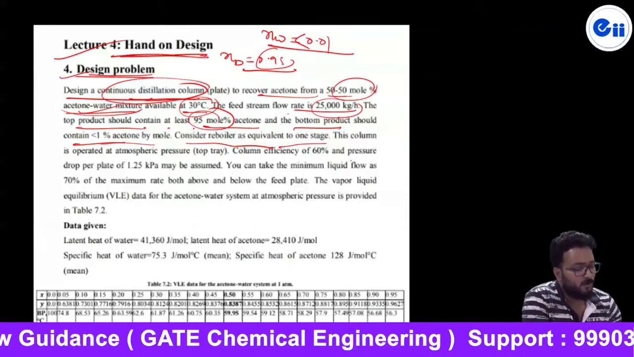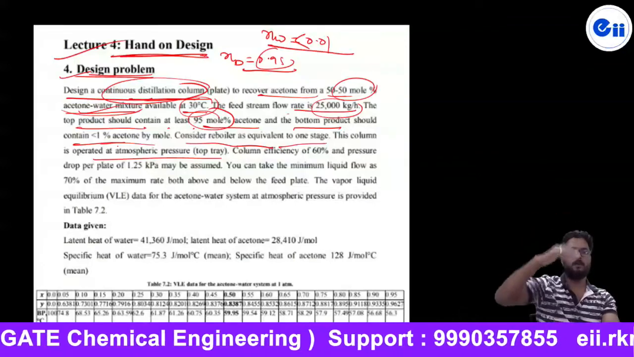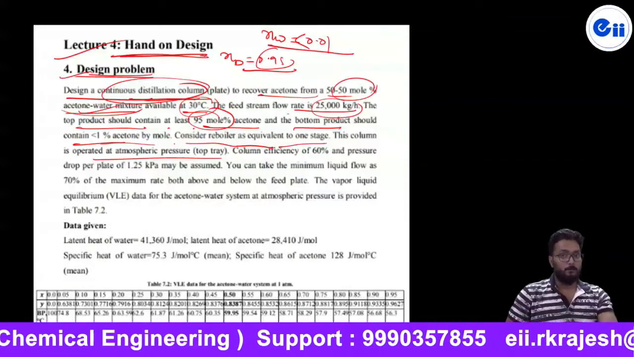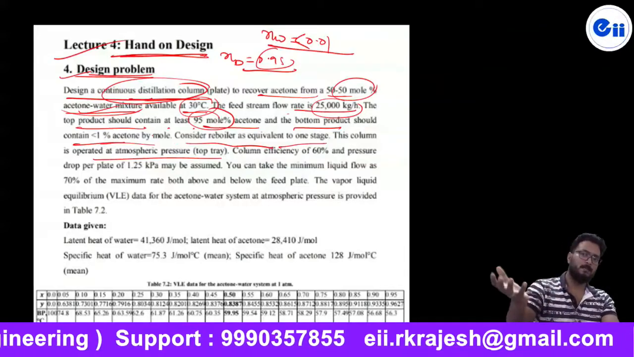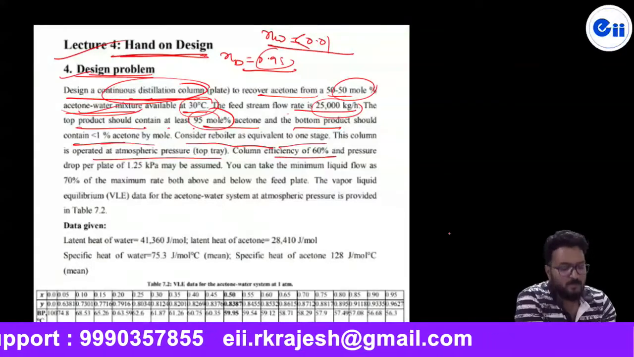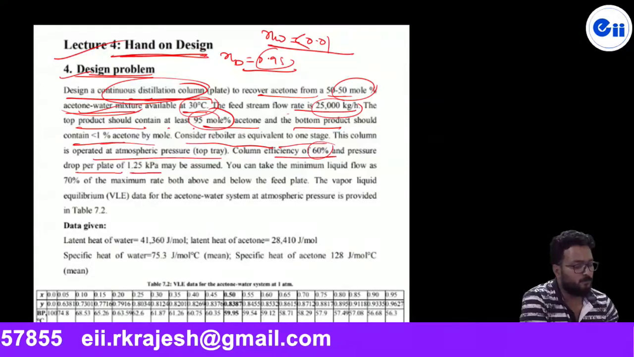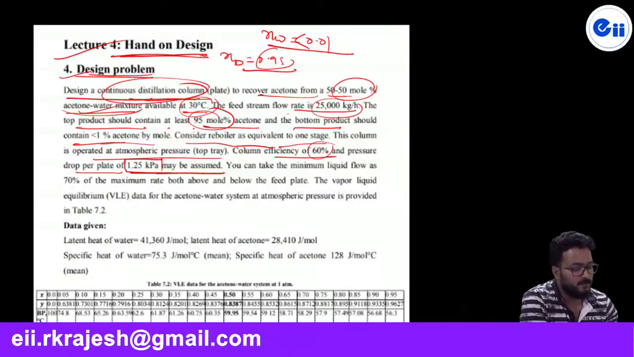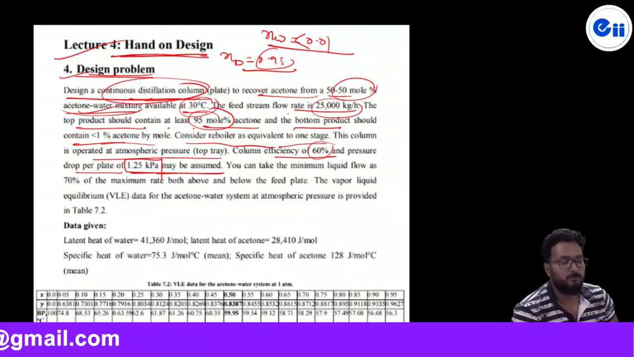This column is operated at atmospheric pressure, means top tray पे, जो top tray पे pressure जो है वो atmospheric pressure पे है. And bottom पे कैसे निकालोगे, pressure drop निकाल करके एक stage पे जितने stage होंगे multiply करके उसको add कर दोगे, क्या जाएगा bottom पे pressure. कॉलम एफिशिएंसी को हम असیूम कर रहे हैं 60% है एंड द प्रेशर ड्रॉप पर प्लेट इज 1.25 किलो पास्कल मे बी असयूम्ड।